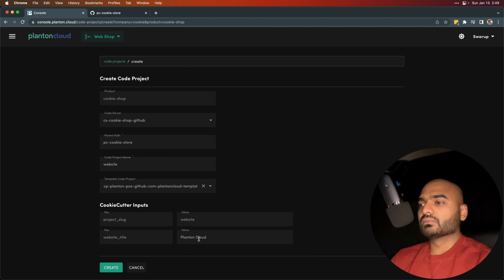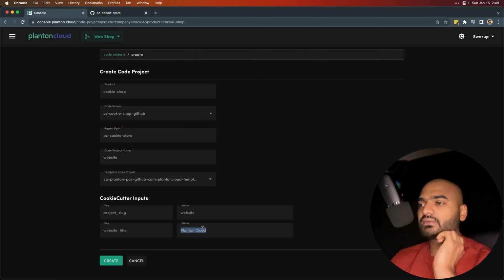And there will be a few template variables depending on the type of template code project you are using. In this case, there are two variables. One is project slug, and this will be common across all the code project templates, and it is the same as the ID of the code project. And then other variables can be modified. In this case, I'm replacing the website title with Cookie Store. So this will be used as the title for the website, and